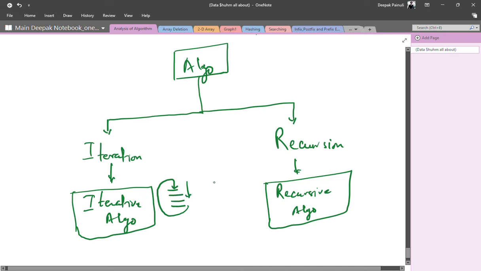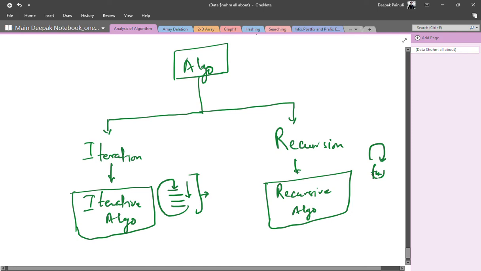On the other hand, this can also be achieved with recursion, where a function calls itself, right?